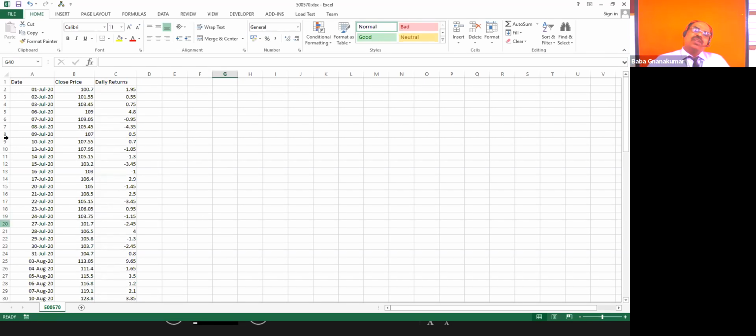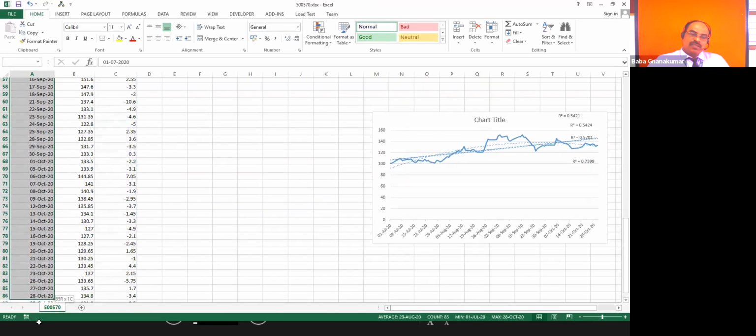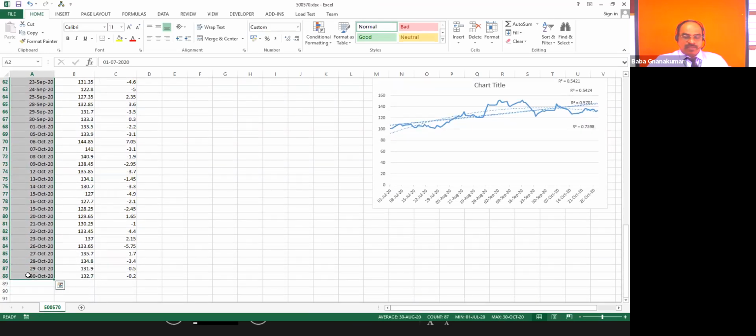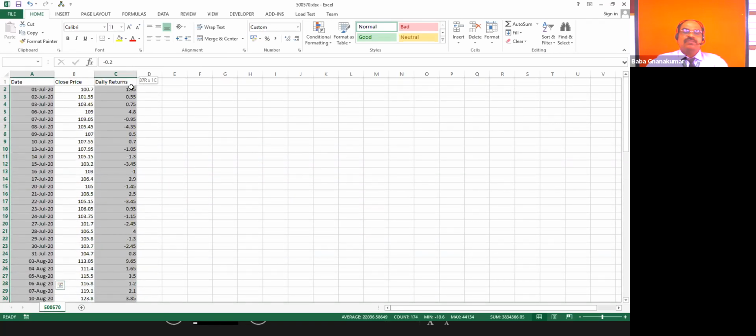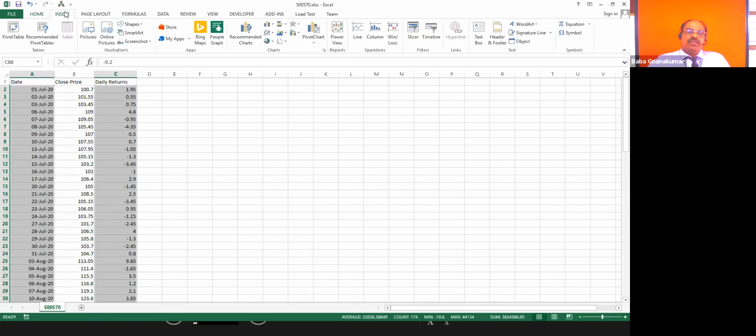So what I am doing, I am selecting the date. Okay. Then press the control and select the returns. Okay. Now, once again, I am preparing the chart for date and daily returns. Any chart we can go for.